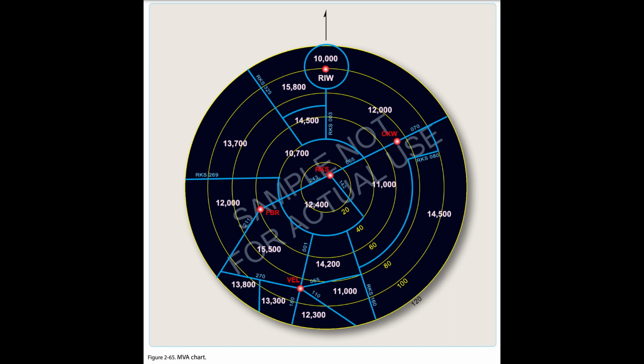100,000 120 RKS 160 RKS 080 RKS 003 RKS 269 RKS 325 billion 211 million 1065 110 million 180,000 270 10,000 RIW 15,800 14,500 13,700 10,711 12,000 400 15,514 1,211 13,800 13,300 12,300 14,500 243